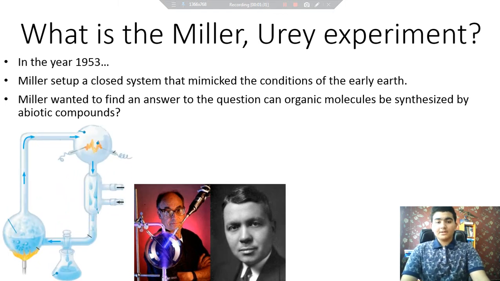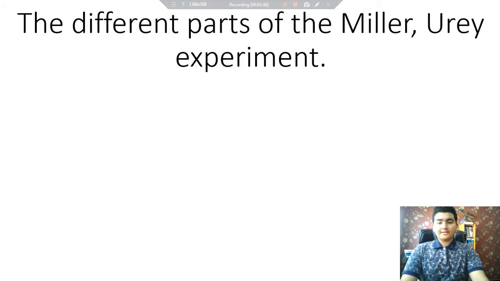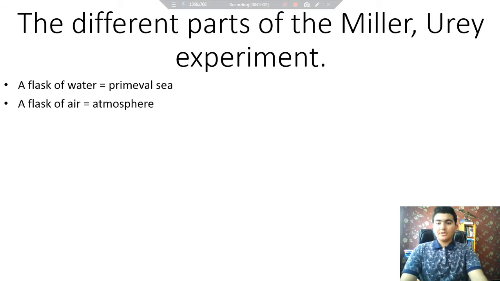this picture, to mimic conditions thought to have existed on the early Earth. He used a flask of water, which simulated the primeval sea, the water of the sea. The water was heated so that some of it vaporized and moved to another flask, which contained the atmosphere, or the mixture of gases, and it also had a spark that mimicked the lightning and its